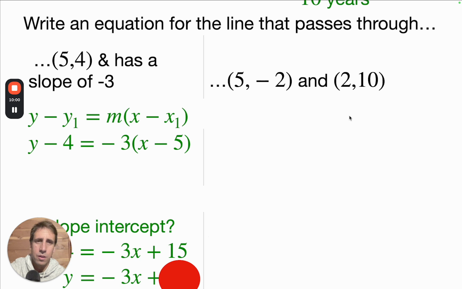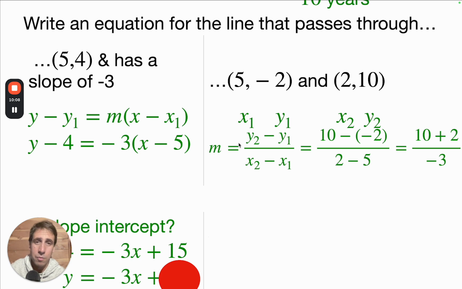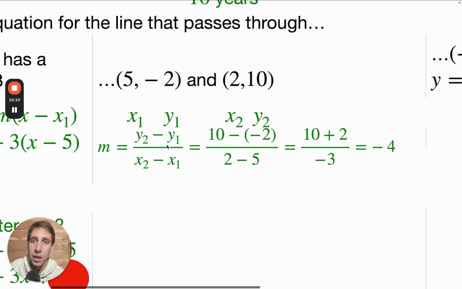All right, so I have 2 points. I can label them x1, y1, x2, y2, and then plug them into a formula. m is equal to y2 minus y1 over x2 minus x1. Then minus a negative, I'm going to do